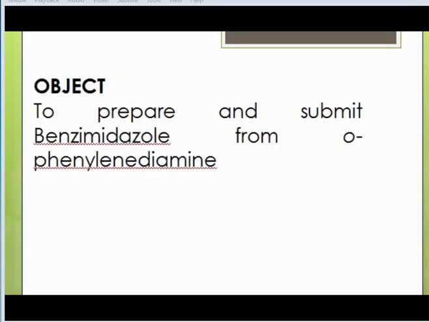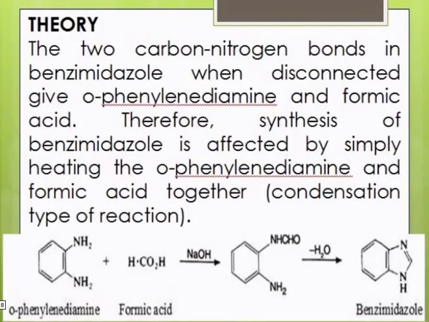The object is to prepare and submit benzimidazole from orthophenylene diamine. The theory behind this practical is the two carbon-nitrogen bonds in benzimidazole, when disconnected, give orthophenylene diamine and formic